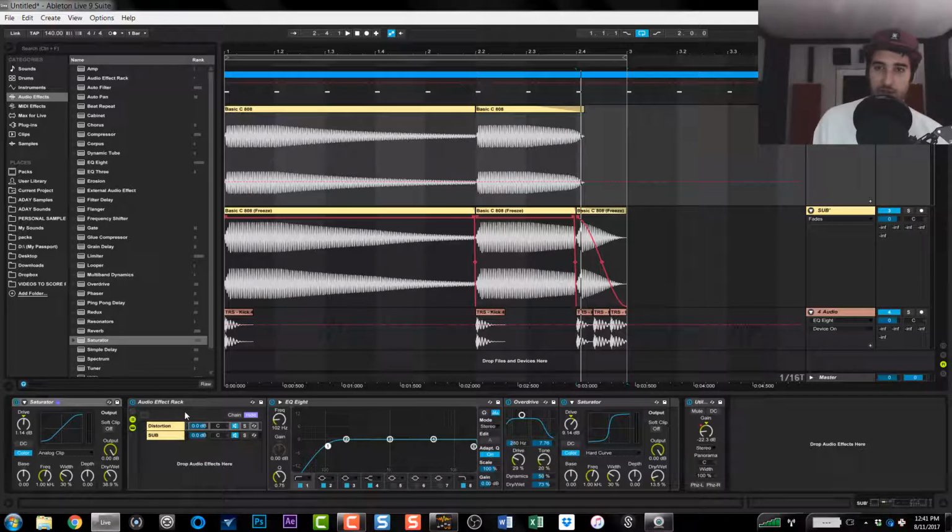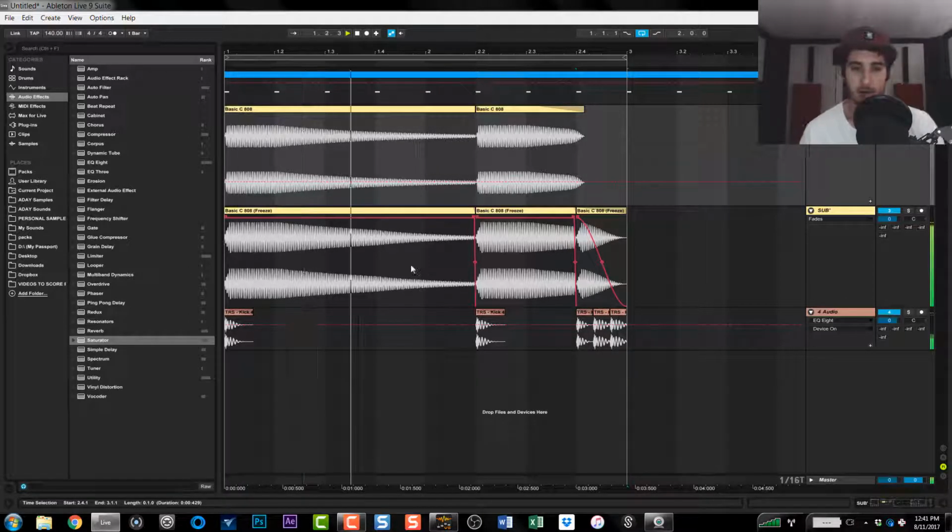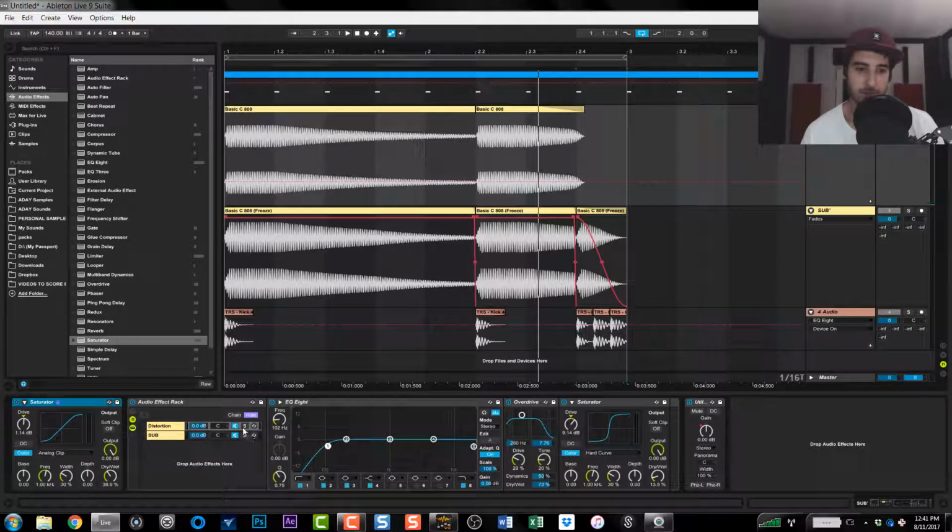That's the key part, splitting them so you could keep that pure sub clean underneath. So we went from